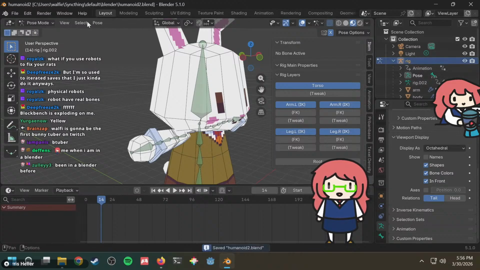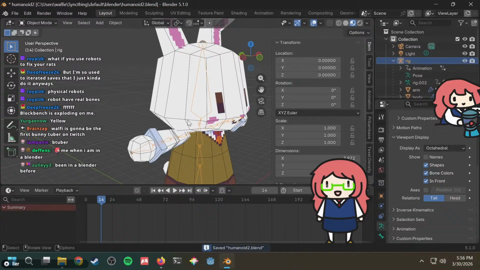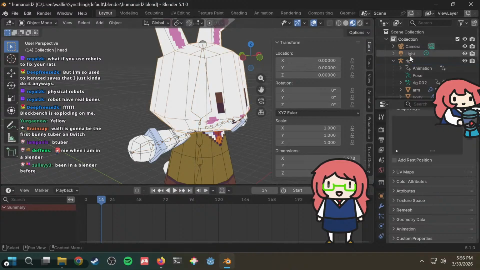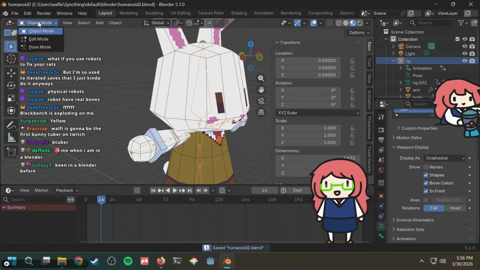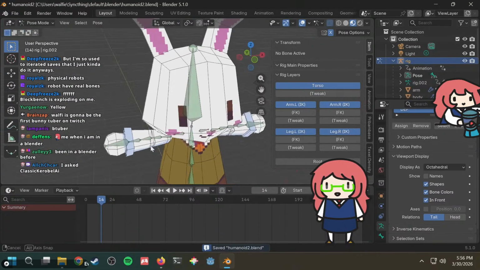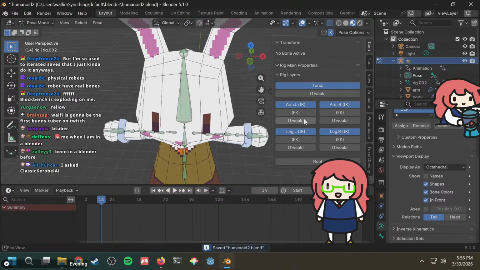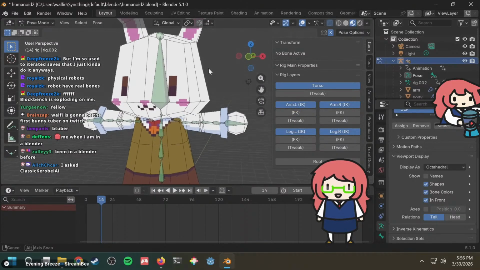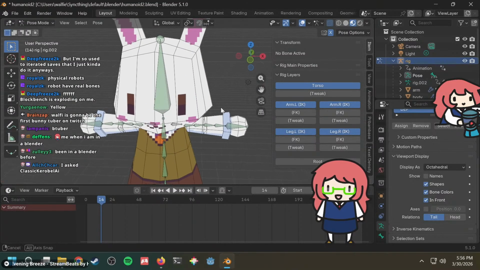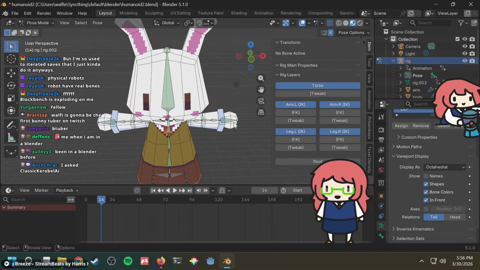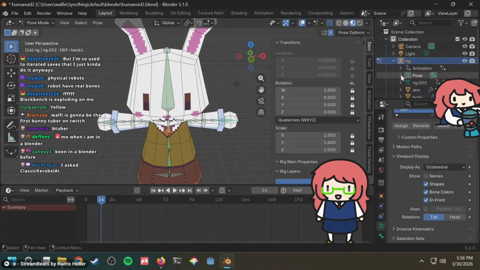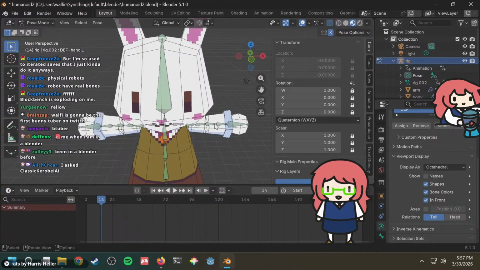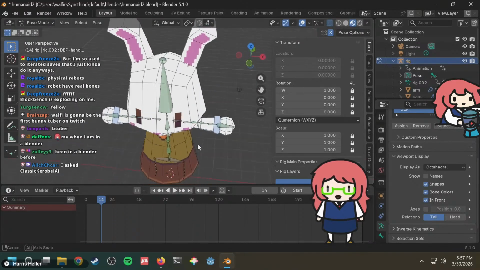I believe. We go back here, and then you click on the rig. You enter pose mode. Then, wait, but then where? Hold on, where are my controls though? They were literally just here. Didn't I move something one time?